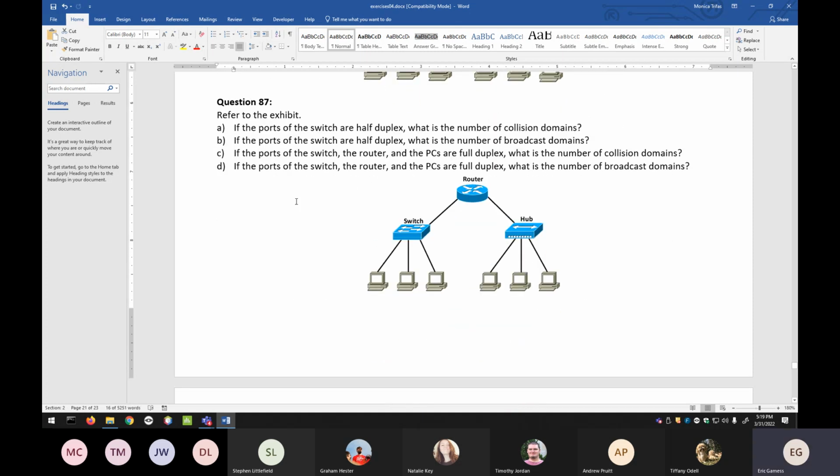Question 87, refer to the exhibit. If the ports of the switch, we have a switch here, are half duplex, what is the number of collision domains? If I am half duplex, the router can be new or old. But if I am half duplex, the router, if it is new, will put this one in half